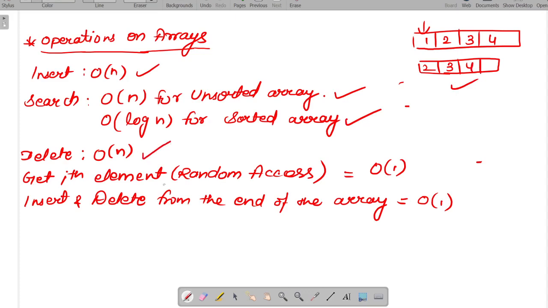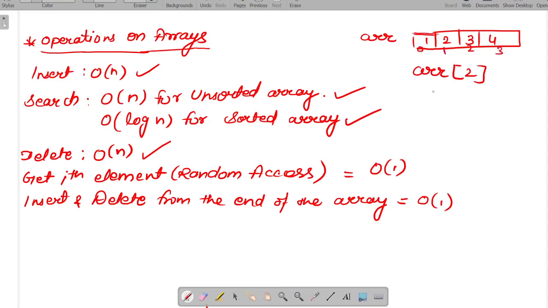Now, getting the ith element, which is random access for a given array. For example, take the same array with the elements 1 2 3 4, and suppose we have to access array of 2, with indices 0 1 2 3.